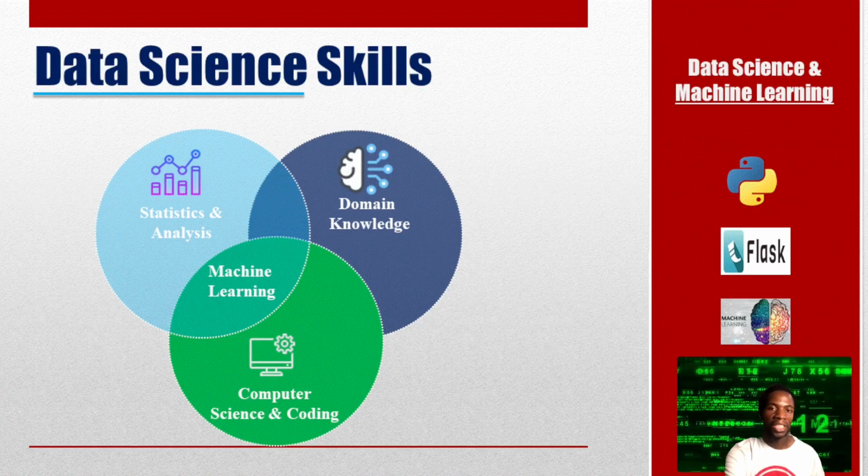And finally, machine learning. Machine learning is the intersection between computer science and statistics and analytics. Tools and coding skills help automate statistical analysis to help us learn quickly from big data. So, in summary, we have established that data science uses statistics, computer science, and domain expertise to draw insights and predictions from data.